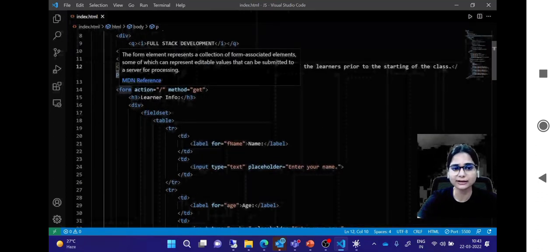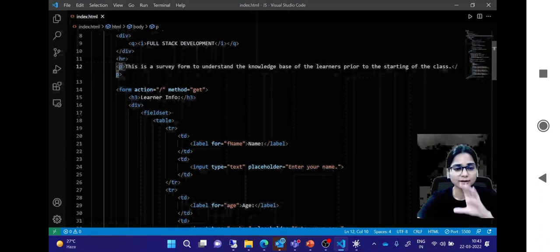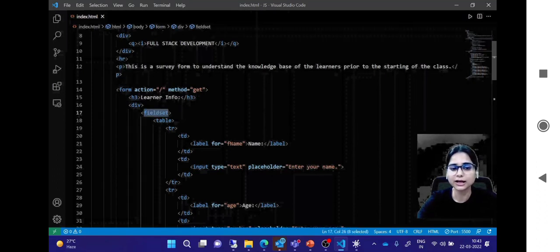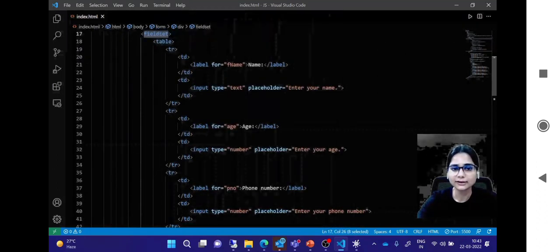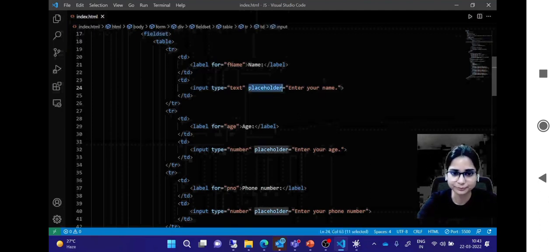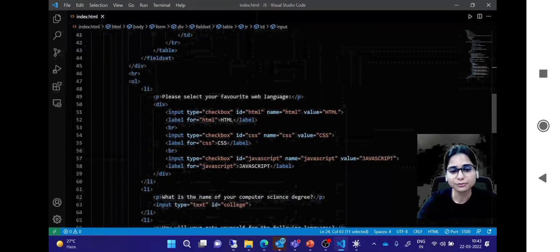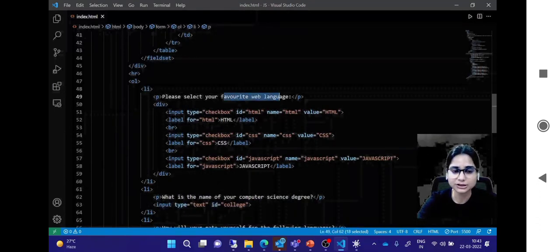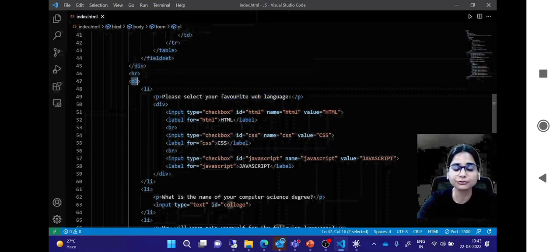Then from here, your form is starting. Inside this, if you want to have a rectangular box across your form or wherever the field is, just enclose that in the field set. Then inside that, I created one table for entering the information. If you want to have a text box with some text which is going to disappear once you enter something there, you can do that with the help of placeholder. All right. Then later on, we had select web languages, and those were ordered like 1, 2, 3, right? So for that, I have used OL. If it was an unordered list, what you would have used